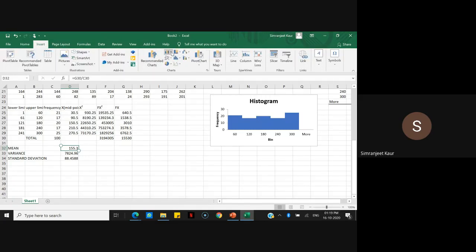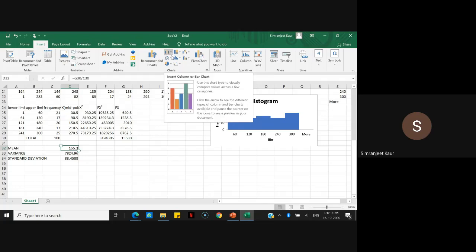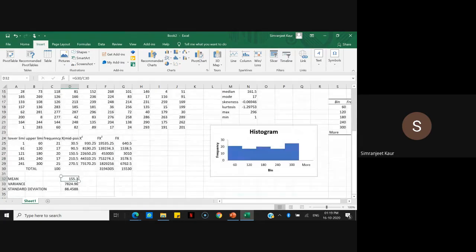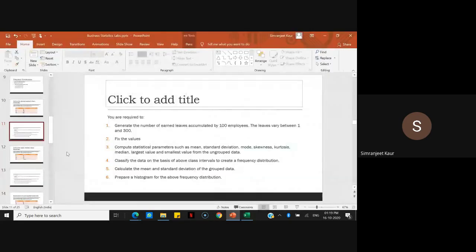So you have these bar charts and line graphs and pie charts and all these kinds of things. So you can keep experimenting with them. There are n number of options and you can edit them beautifully. So that was your first question. I'll just move on to the next question.